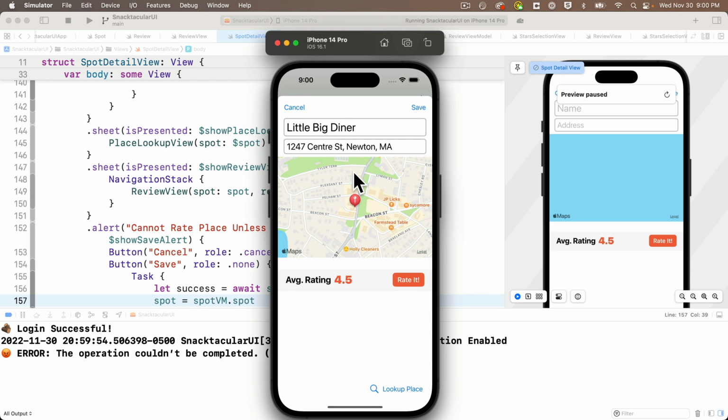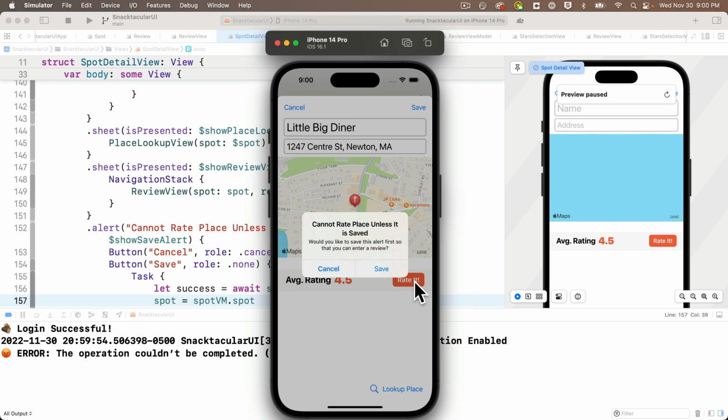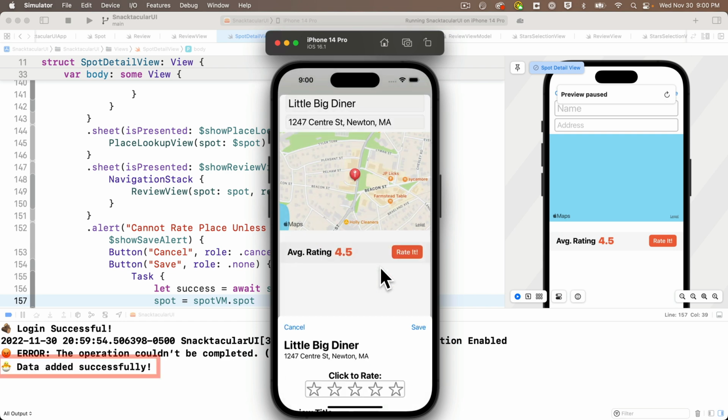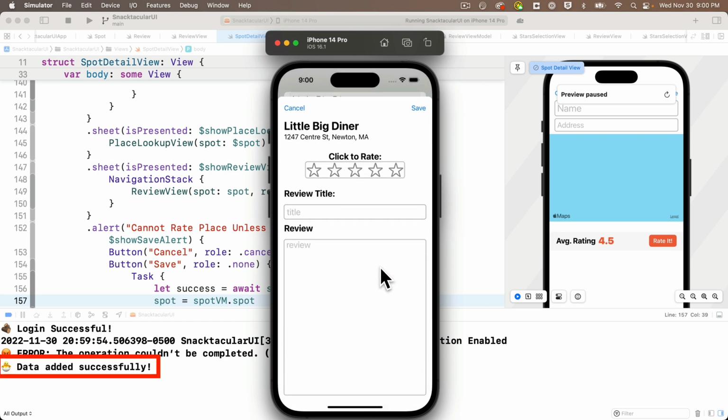And we've updated our information and we have a new spot, but we haven't saved it. We don't yet have a spot ID, so I'm going to click on Rate It Anyway to review this new spot. The app displays this alert since we don't have a valid spot ID for this unsaved spot. This has the title and message that we passed in. If we click Cancel, we do nothing and head back to spot detail view, but if we click Rate It again and then click Save, we see the baby chick emoji in the console stating that the data was added